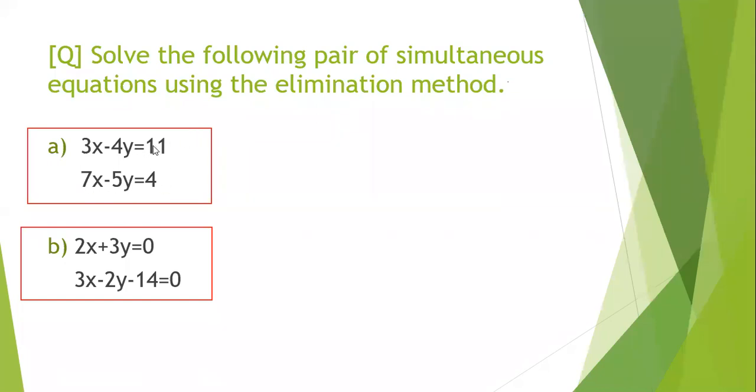So we will follow these three steps which we did on our previous page. We want to equate one variable, whether you equate x or y. Suppose we want to equate y, then we will make -4 and -5 equal. How can we make them equal? If we multiply the first equation by 5, we will get -20 here. And if we multiply the second equation by -4, then we get -20 here. So both values are the same, then 20 and 20 will cancel each other. So this is the simple way.